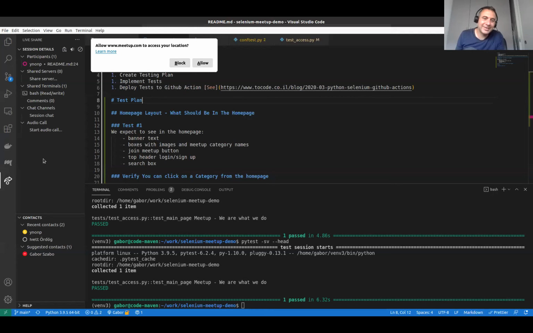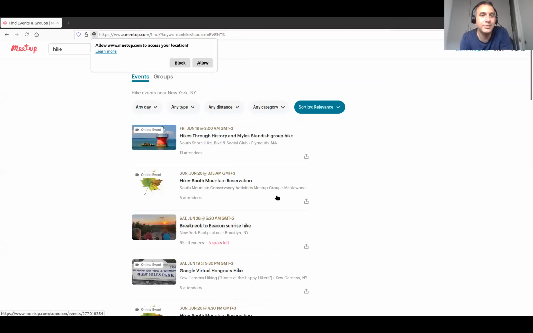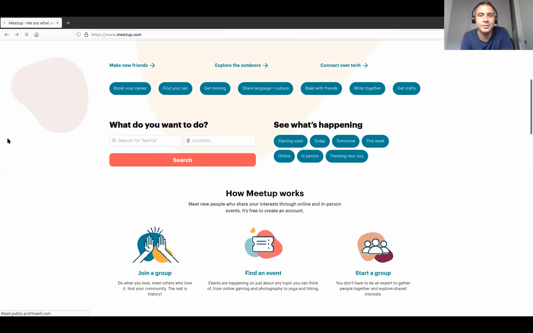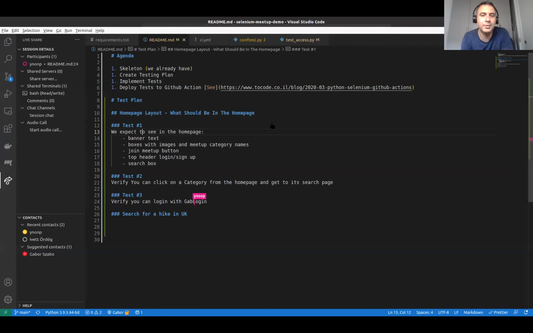Okay. But we know how to use Selenium. So let's do what we know. Right? We have the test plan. Those are 4 tests. That's not bad for a few minutes. Test number 2, verify you can click on a category from the homepage and get to its search page. Test number 3, verify you can log in with Gabor's account.